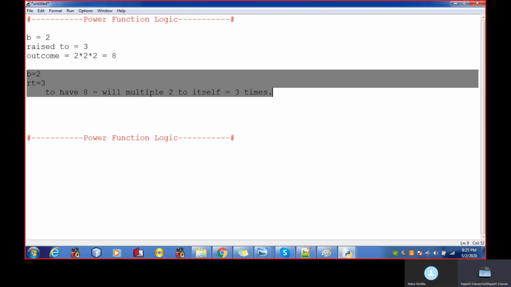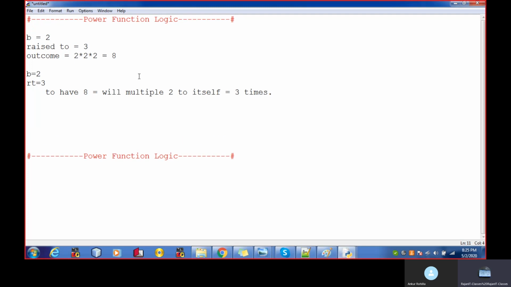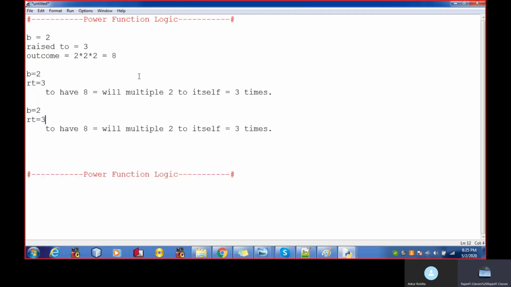Now I'm just copying this part, Control C, and pasting it. Now it is 5. Go to the 8, 8 to the 16, 16 to whatever, some number will come, right? So we'll multiply 2 by itself.